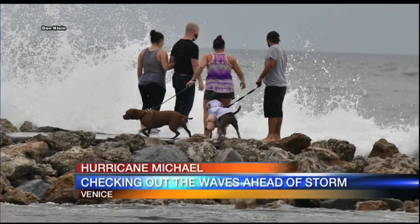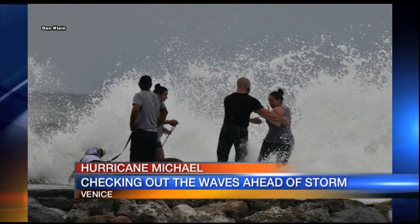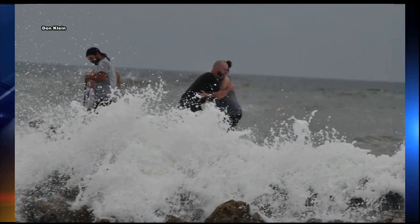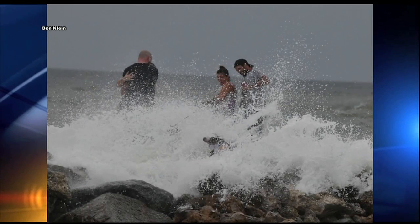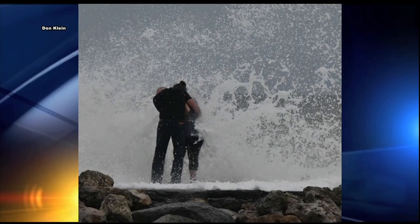And take a look at these pictures of the North Jetty in Venice. ABC7 viewer Don Klein took these photos yesterday of a few people and their dogs on the rocks while waves are crashing. Now, no one was injured, but it is not a good idea to stand on the jetty, especially with high surf and unpredictable conditions. However, we would like to see any pictures of the conditions you're seeing here on the Suncoast. You can send them to us at pics@mysuncoast.com. That is